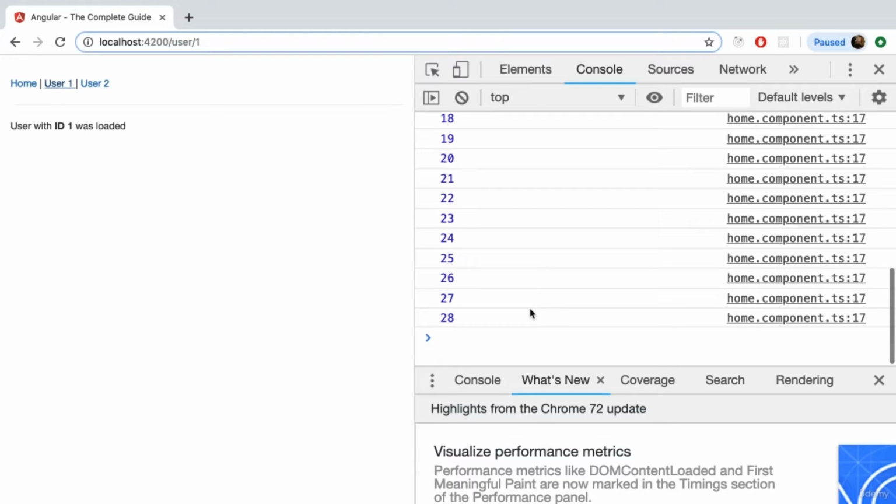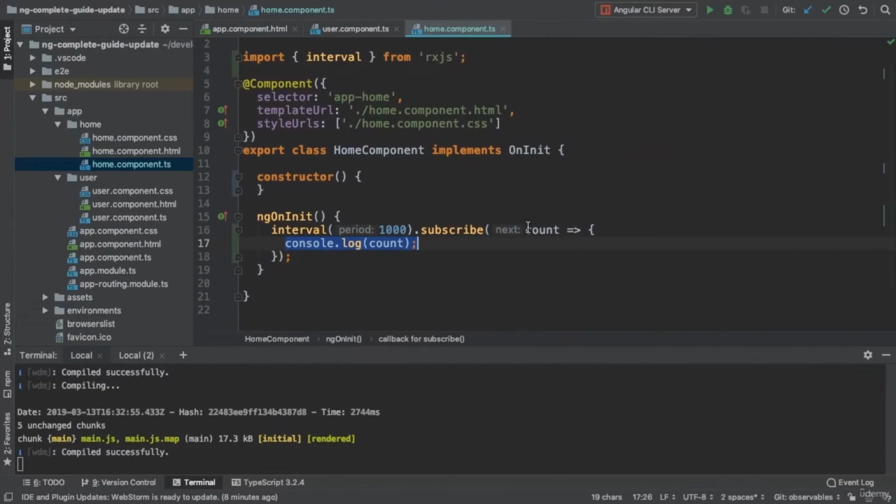And that is something you have to be aware of. Observables don't necessarily stop emitting values just because you're not interested in them anymore. There are certain observables that emit a value once and they're done, like for example an HTTP request where you get back a response, something you'll see later in the HTTP module of this course. But there are other observables that keep on emitting values. And to stop that, and therefore to prevent memory leaks, which you would otherwise introduce if that keeps on emitting whilst you're not interested in it anymore, you should unsubscribe from any observable in which values you are no longer